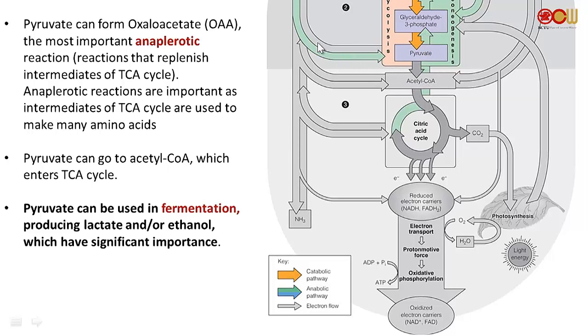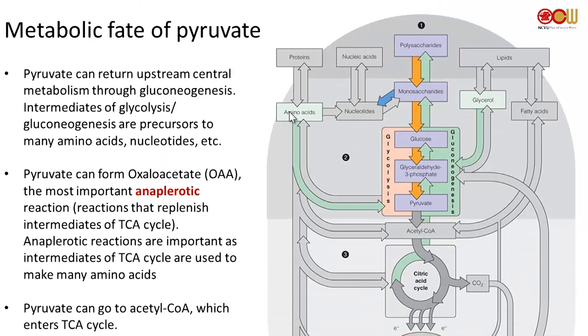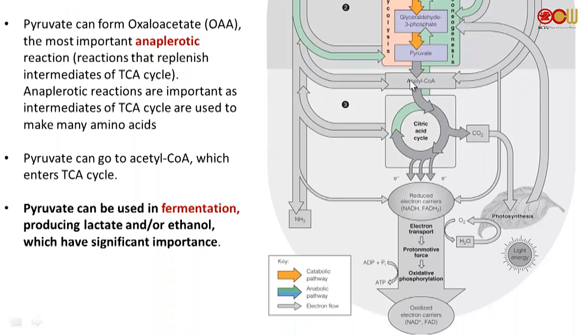Acetyl-CoA can then be used primarily for three things. One, acetyl-CoA can be used for amino acid biosynthesis. Two, probably one of the most important functions, acetyl-CoA is the precursor to making fatty acids. Without fatty acids, you don't have cellular membranes. So acetyl-CoA is used to make fatty acids. And then lastly, acetyl-CoA is used to fuel the TCA cycle, or the citric acid cycle.